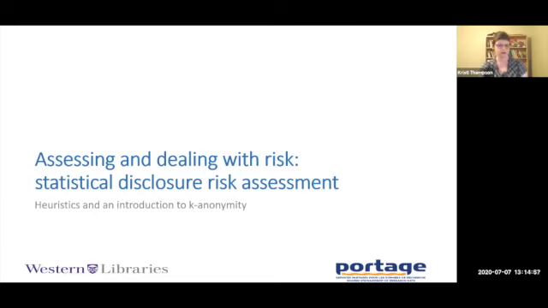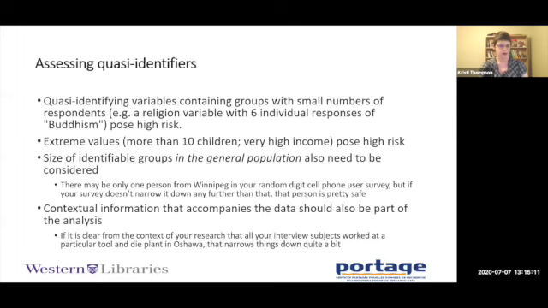What is needed is some way of assessing the quasi-identifiers to determine how much risk they contain. This process is called statistical disclosure risk assessment. A technique called k-anonymity is the leading way of doing this formally. As a first pass, there are some common sense rules of thumb you can use to assess the quasi-identifiers in